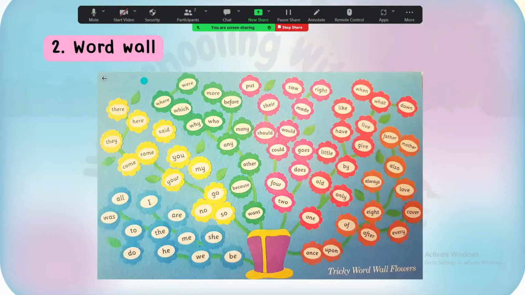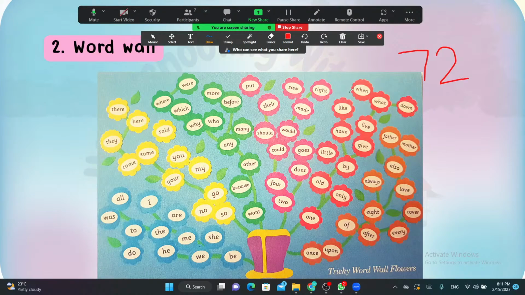The next one is word wall. If you know the list of Jolly Phonics, we have 72 tricky words in the Jolly Phonics program. You will get the list from the Jolly Phonics official website, and to the participants of this workshop, I'll provide it. Okay, so you will get all these tricky words, the blue list, the yellow, the green, pink, and red. How they are divided is according to the difficulty level of these words and according to the frequency of usage of